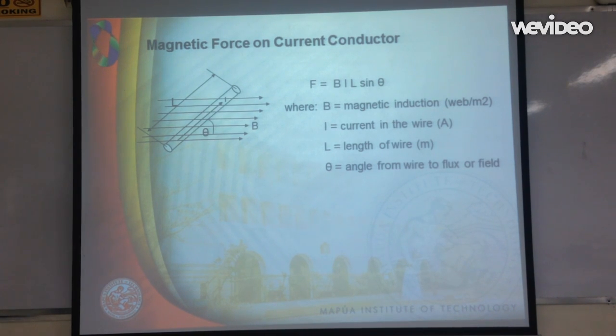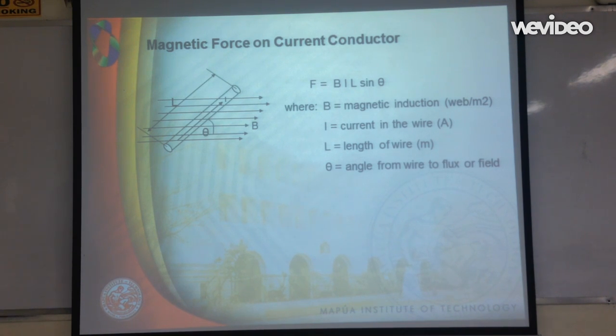of the magnetic field towards the right, which shows that the magnetic field is due to a magnet present with the north pole located at the left, and at the right is the south pole. And in the magnetic field, the conductor is placed carrying current I, inclined at an angle theta with the magnetic field, and is described having length L.